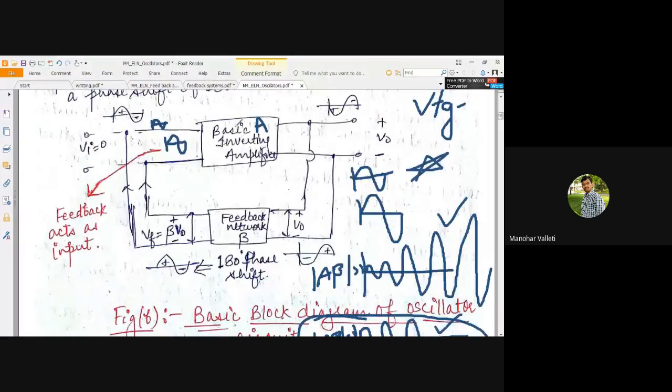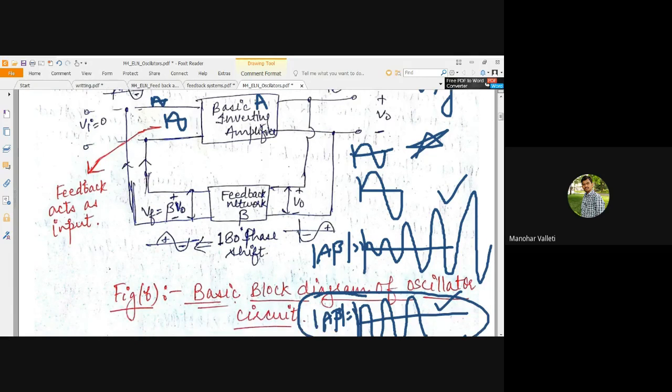Like that, without applying any input, the circuit will be able to produce some output wave shape. The input noise of the amplifier will be amplified because of the high gain. Those are further and further amplified, and finally you will get a suitable wave shape at the output of the amplifier. And we'll see some of the relationships.